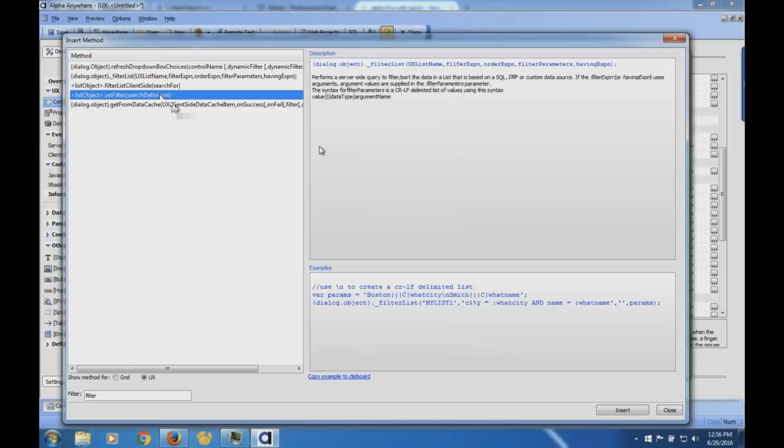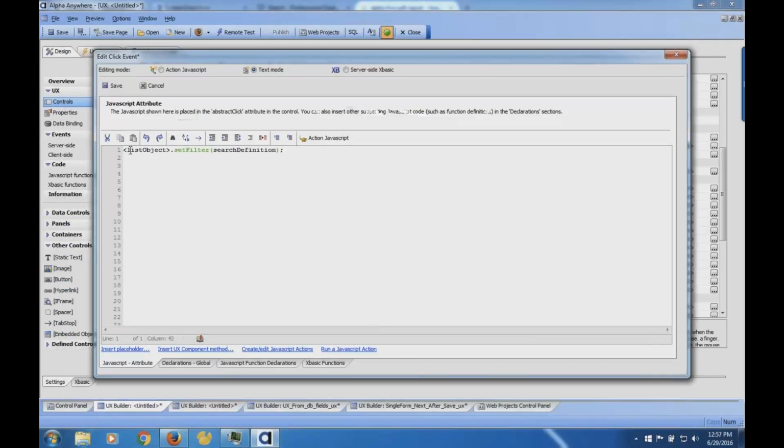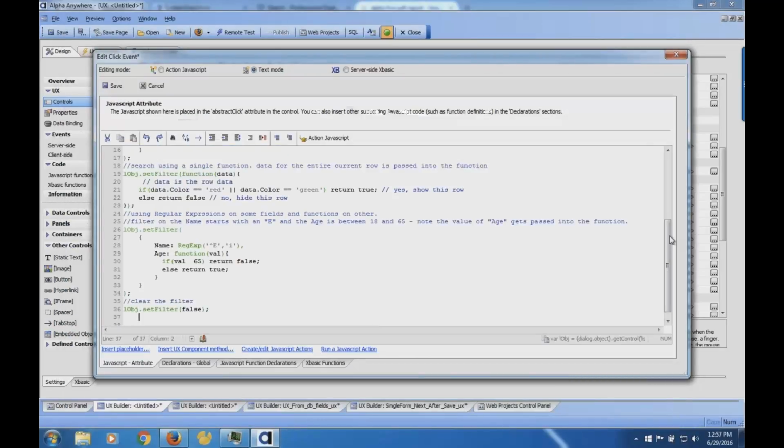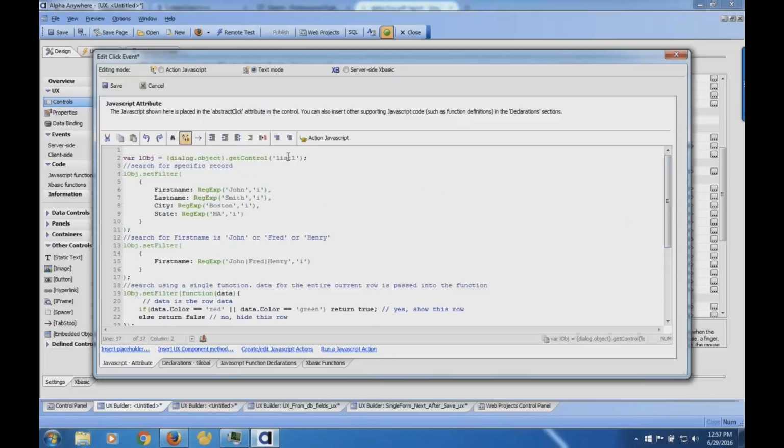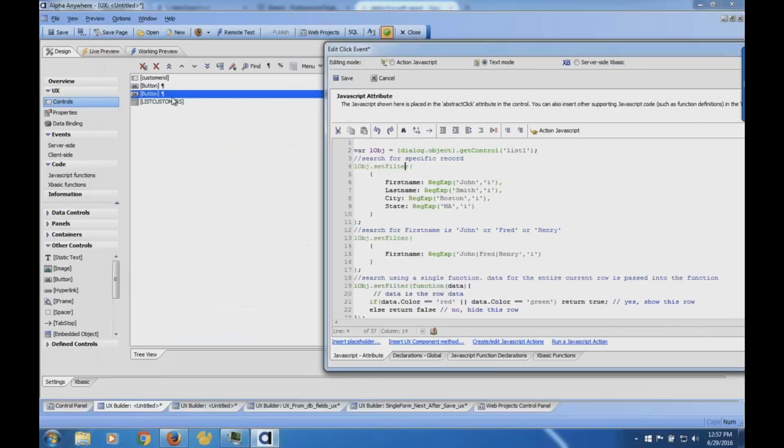Here's the one I like to show on this, and this is done all local side. So I'm going to copy that, and insert this in here. Don't despair, but this allows you to get a list object, then set the filter, and then execute that filter. And this can all be done client side. It just takes a little bit more research, but this allows you to do very sophisticated searches disconnected.